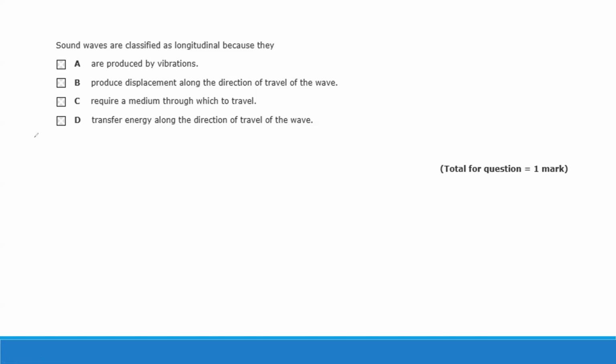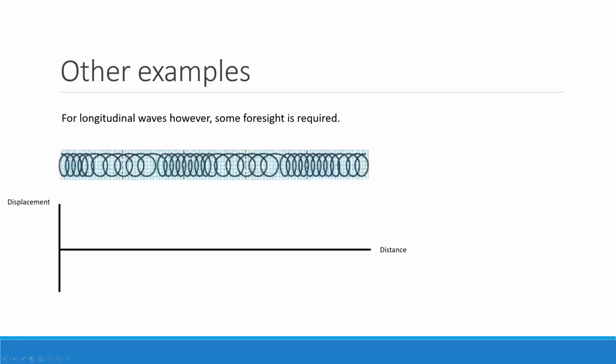These are a bit of a trick one. And actually, when I looked at the examiner's report, a lot of students put D as the answer for some reason. D says transfer energy along the direction of travel of the wave. I think what students saw is along the direction, and they got a bit too excited and straight away ticked D. Because they're thinking along the same direction, parallel has to be longitudinal. No, but what D is saying is it transfers energy in the same direction the wave is moving. This is also true for transverse waves. So if a transverse wave is moving to the right, it's transferring energy to the right. So this isn't specific to longitudinal waves. So yeah, just be slightly careful when doing these sort of questions.